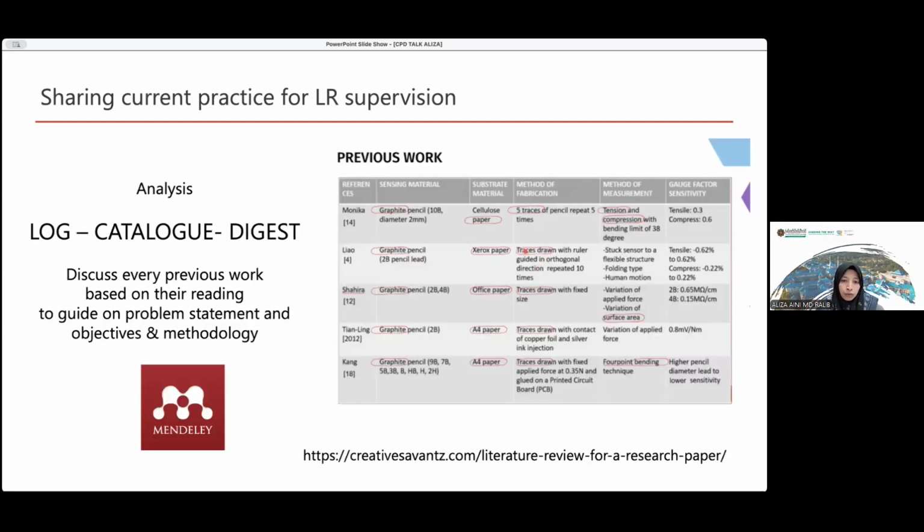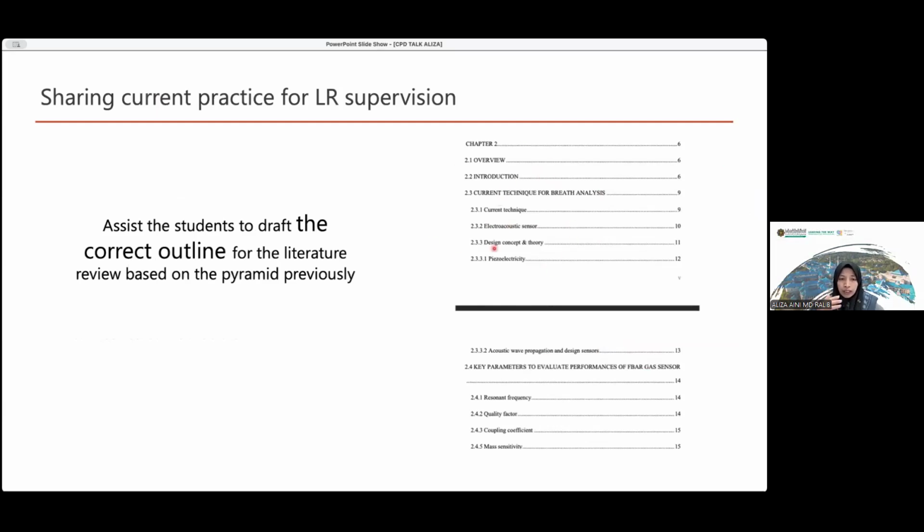Okay. So after the table, the outline is very important for the thesis. I believe the supervisor also needs to play an important role to sit together and draft, based on your reading from the inverted triangle, the detailed outline together with the student, so they can have a clear perspective on how to actually write their literature review. When we discuss the outline, they can do week by week which progress they have read. So we give constructive feedback on whatever they have written, and then move forward to the other section.